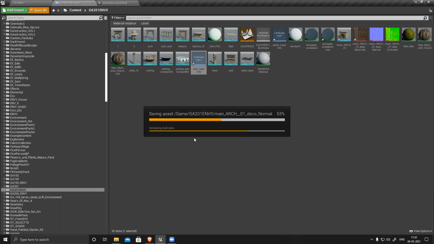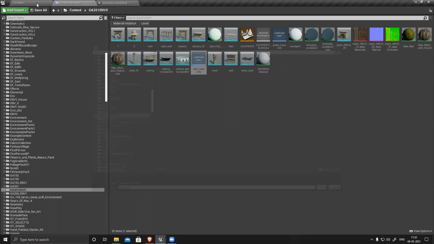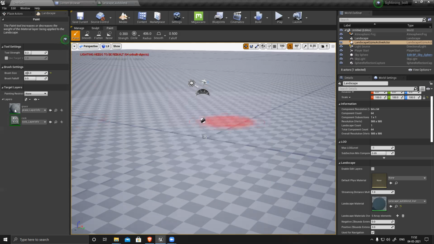Okay, sir. Now it's generating this thing, so it will show something. Let's see.